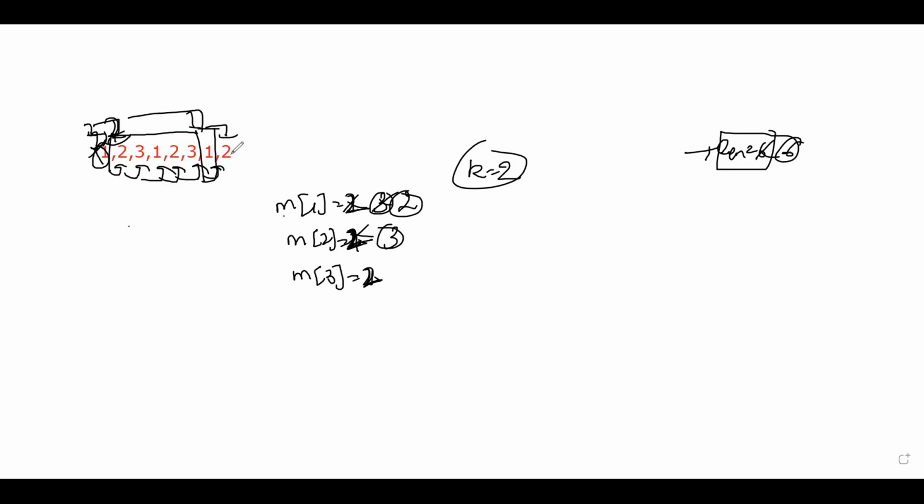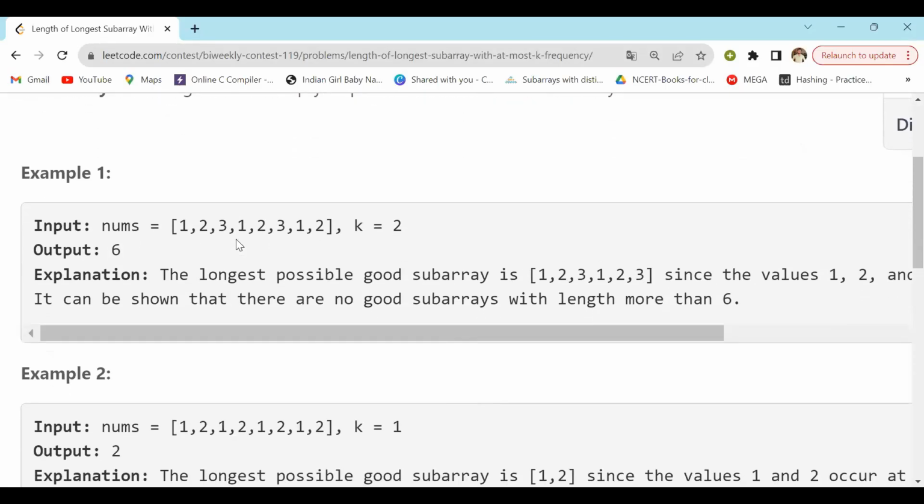Now going ahead, what's our job? To remove the element to make this array compatible. How can we make it compatible? We have to reduce from the left element, right? This is two. This is fine. I think this sounds good, right? Similarly, we can proceed. And if you see the example right here,